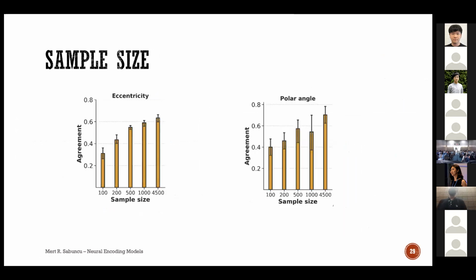And one big question we had was, well, the natural scenes data has a lot of data. As I said, it's over 40 hours of scanning. And it's interesting in theory that we can fit a neural encoding model onto this 40-hour long data, and we can then interpret this neural encoding model in a way that it estimated the retinotopic mapping of the early visual cortex. But